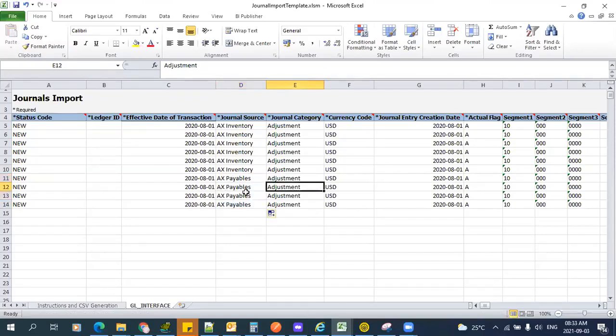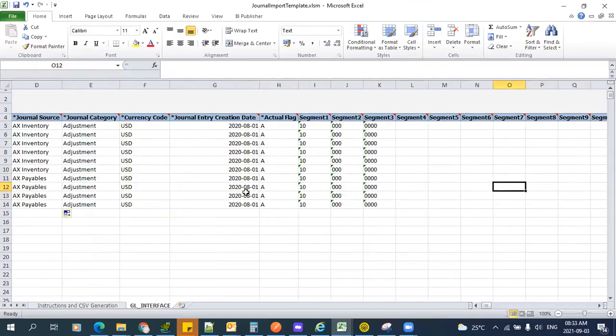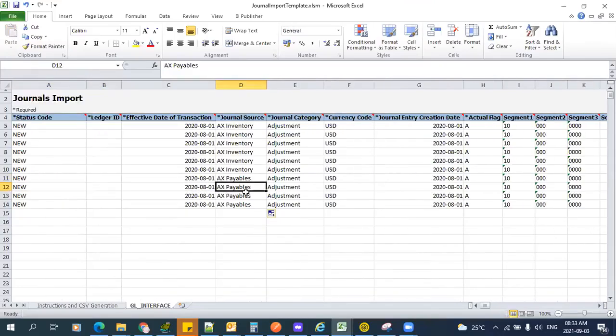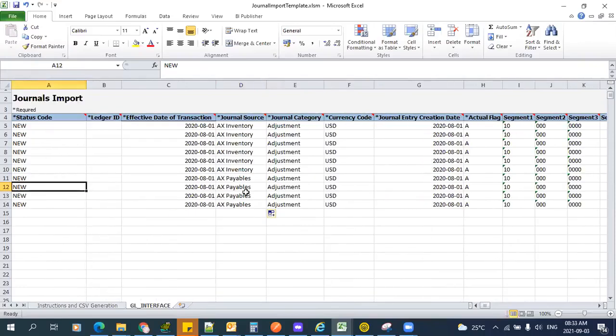This is AX payables, and the rest would be the same. I'm just trying to use the same for AX payables, only changing the journal source itself. All the time, your journal import data will go to your base table against your journal